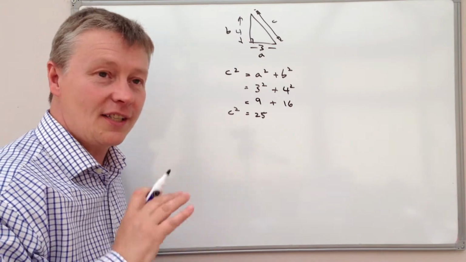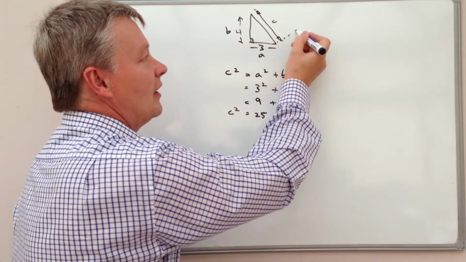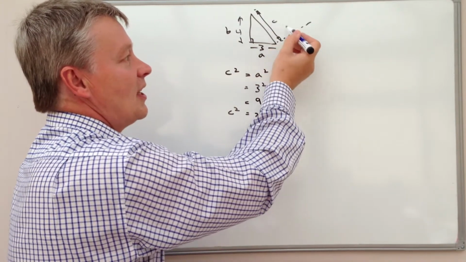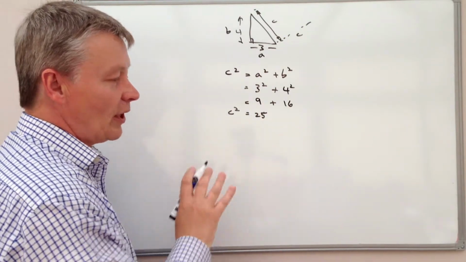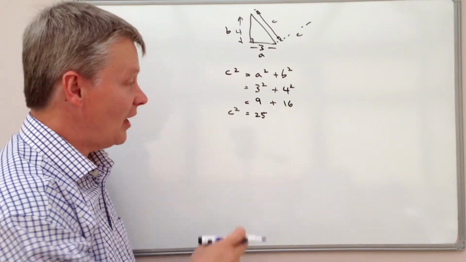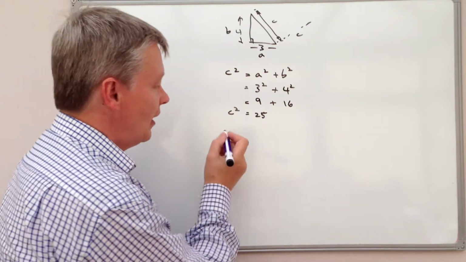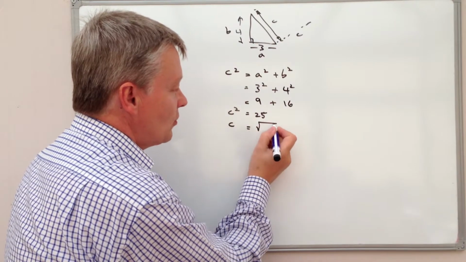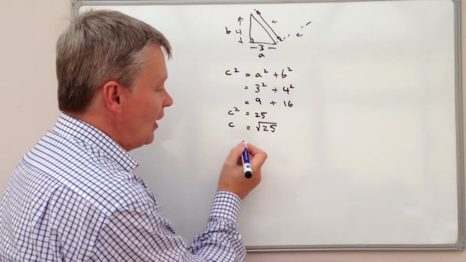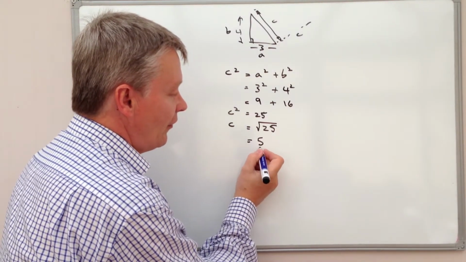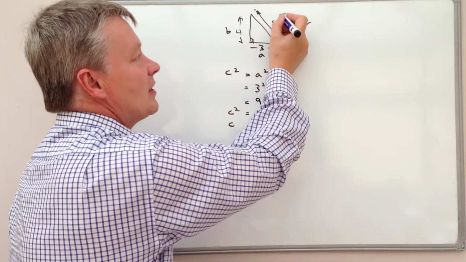So in other words, C times C equals 25. Or if you like, it's this value here. So C times C will equal this whole area here. So what I have to do in order to find C is perform the opposite. If you have a look on the calculator, there is a square root, which will allow me to calculate the square root of 25, and the square root of 25 is 5. So in other words, this length here, C, is 5